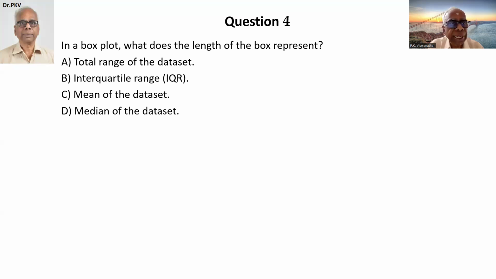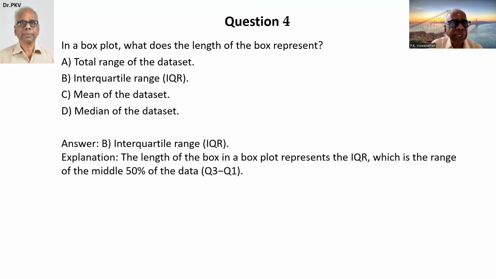The hint I give you is, imagine the box plot in a pictorial form representing the 5-number summary. Minimum value of the data set, the first quartile, the median, the third quartile, the maximum value of the data set. 5-number summary. Okay? Now let me flash the answer. Answer is B,